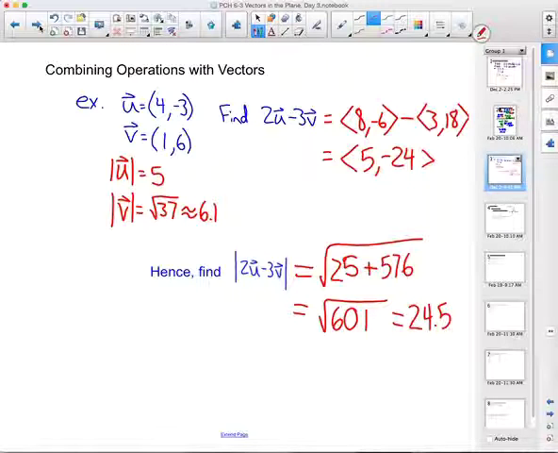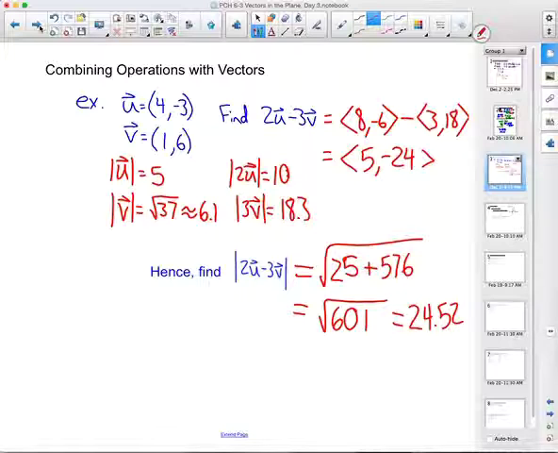24.52. All right, so I put over here what the magnitude of u was. So what's the magnitude of 2u? 10. And I put here the magnitude of v. So what's the magnitude of 3v? 18.3. Yeah, approximately 18.3. Alright, so if I'm trying to find the magnitude of 2u minus 3v, can I just